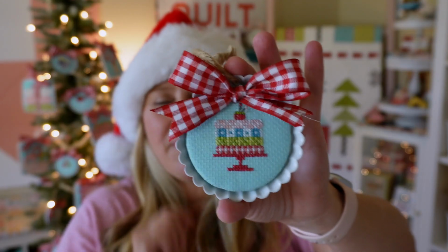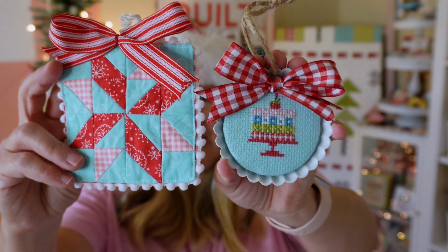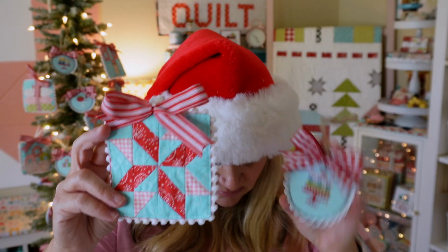The other ones, and then the pie tin or cake tin, and the stitchy day 9, 10,